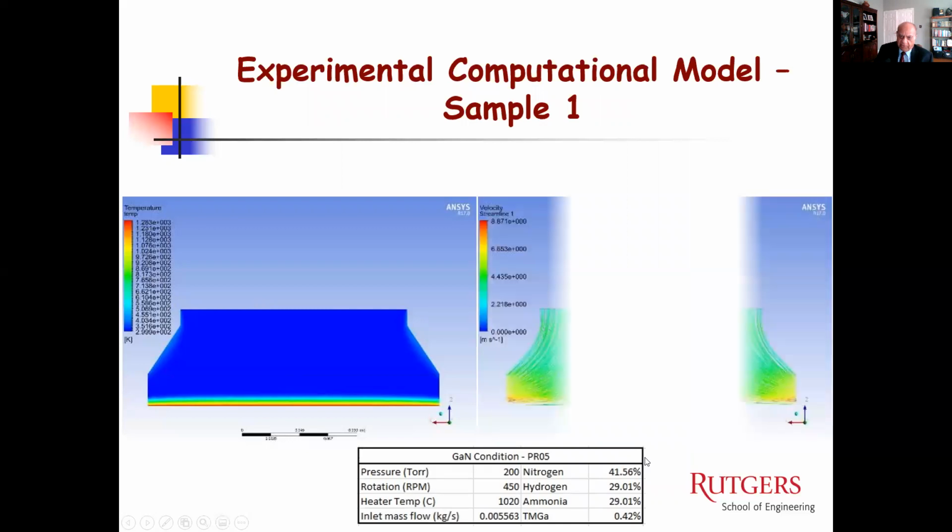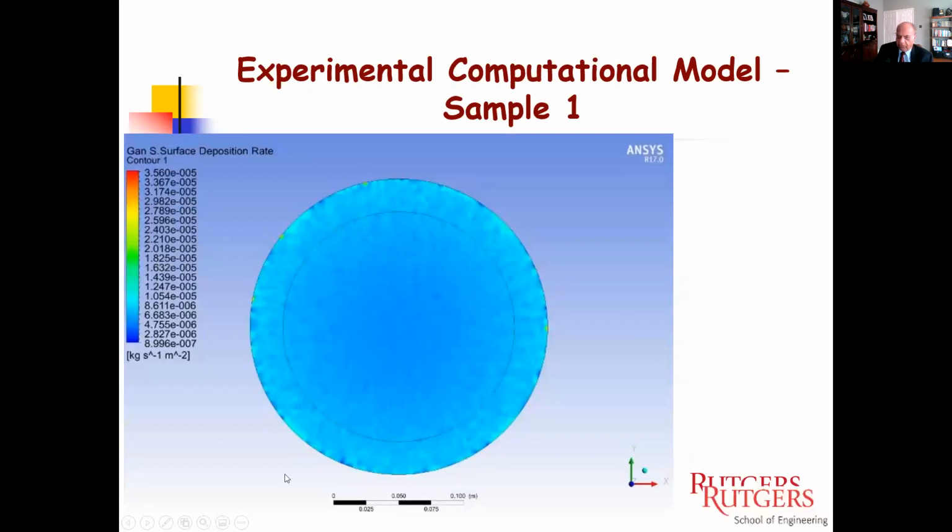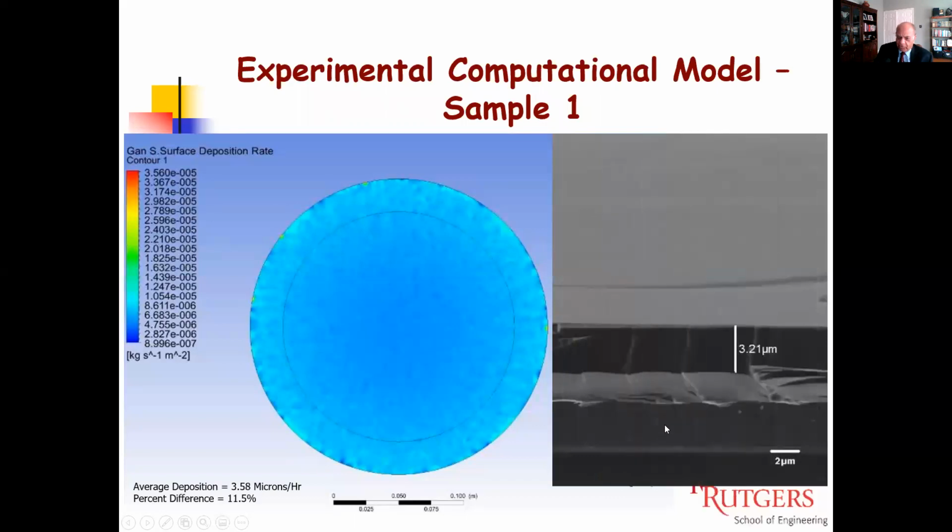Here's one sample we did on the experimental system, on the actual physical system. Temperature and velocity both were very nice, with very good uniformity. So it shows you that temperature and velocity are well maintained, with very good uniformity. Measured by the scanning electron microscope, the difference is only 11.5% from the prediction, which is much better